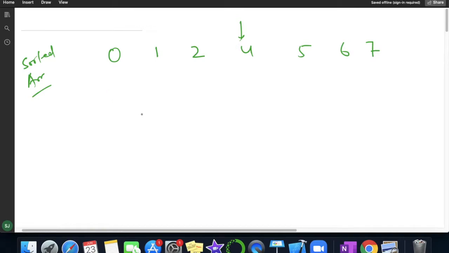So after rotation my array will look like 7, 0, 1, 2. So this is my rotated array. They will give us this rotated array and we have to find the minimum from it.